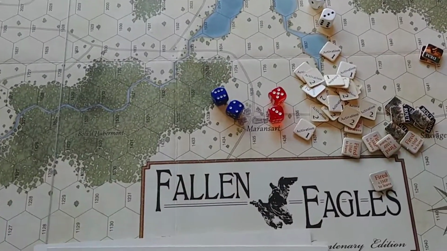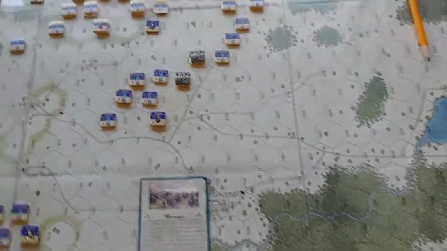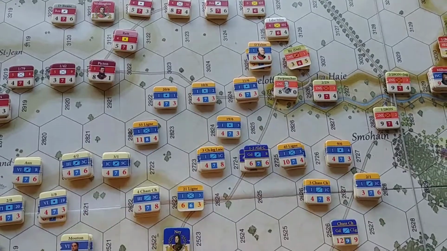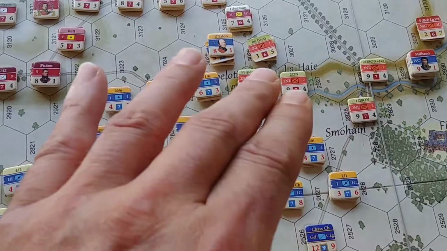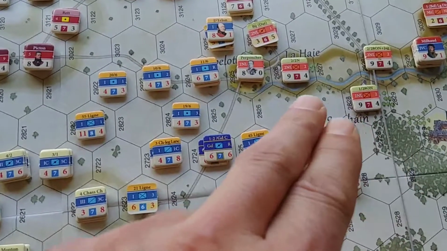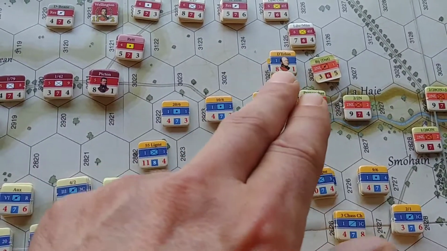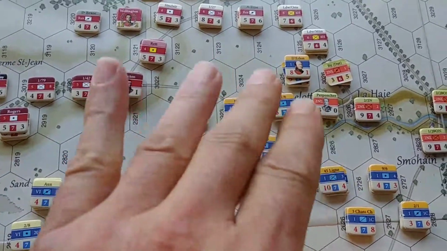All right, end of the noon turn, which is turn 2 of Fallen Eagles. And we have the French launch their assault here with D'Erlon's first corps, and kind of with mixed results. The Dutch infantry held really well here. Their fire drove the French assault back here along this line. However, D'Erlon did knock out a stack of the Dutch units there, and they've kind of started to break